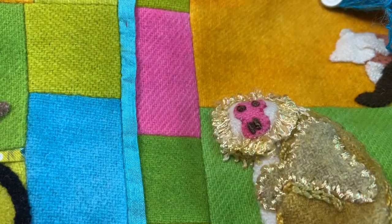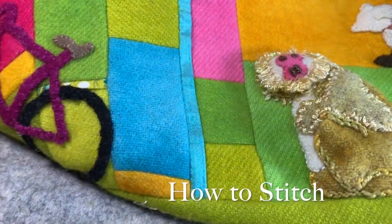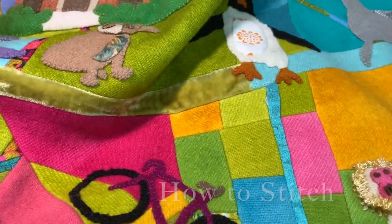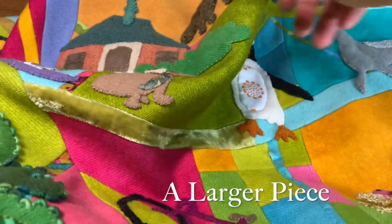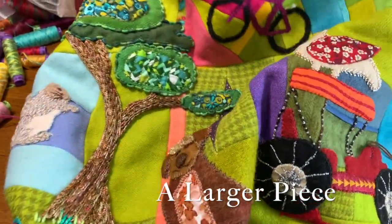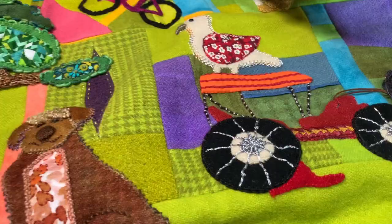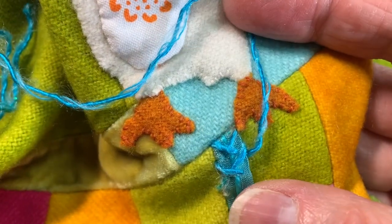I also wanted to just show you, this is a larger piece. Let me see if I can zoom out a bit. This is quite a big piece, and someone had asked me, how do you stitch into a larger piece, especially when it's right in the middle? So I can't actually show you how big this is, but it's a very large piece, and I'm stitching right here. So what I do when I'm stitching in a larger piece, fold it under like this, hold it,